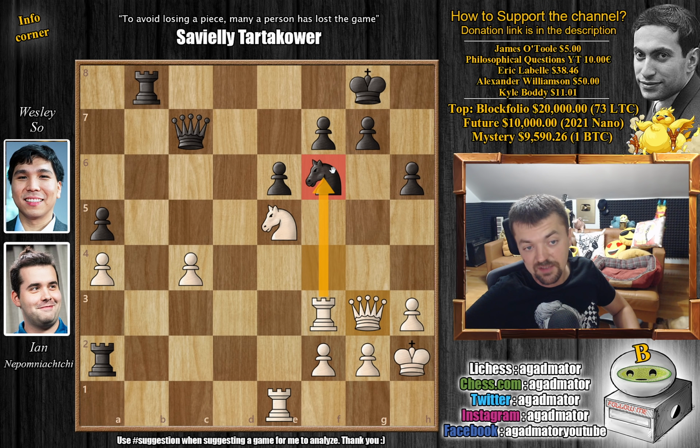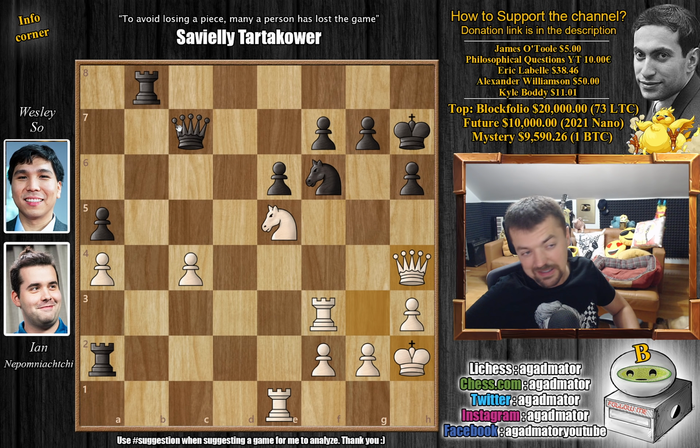Now rook captures on f6 is a threat because the pawn here will not be able to capture. So Wesley needs to waste a move to sidestep with the king, king h7. This is the only good move for black. Wesley plays it, and now queen to h4. Again, getting the queen off of this diagonal, but still, it's very ugly having your king here with the queen